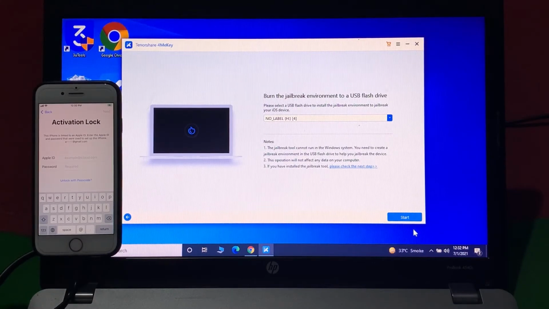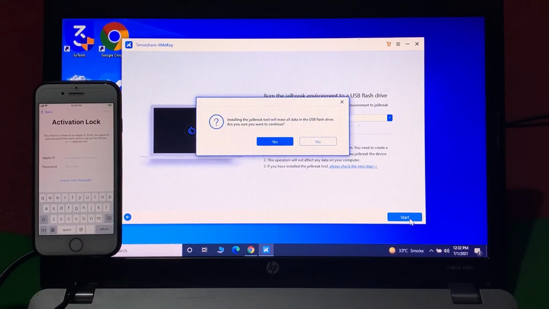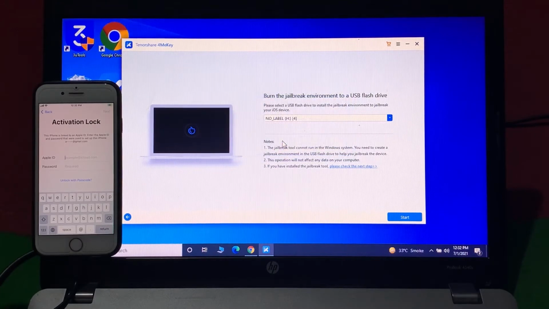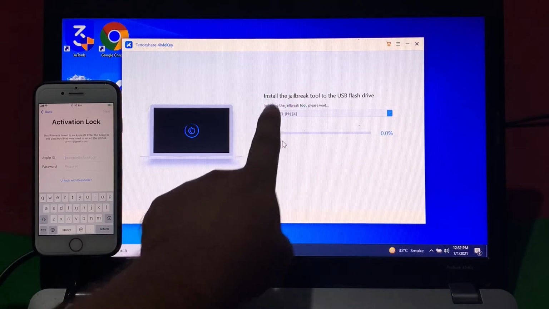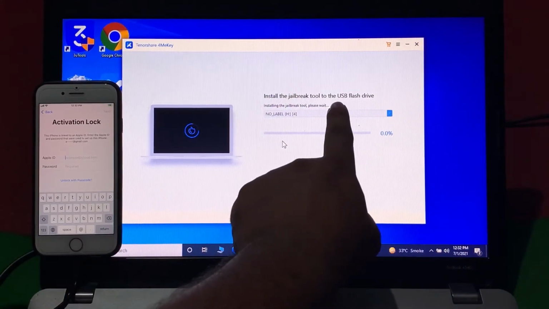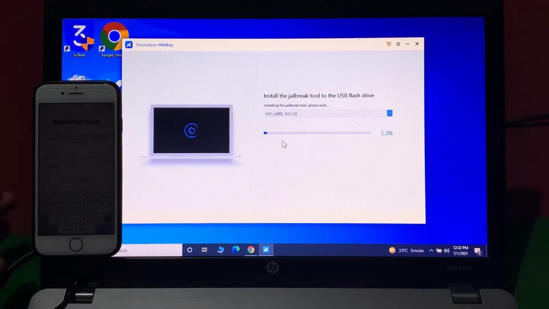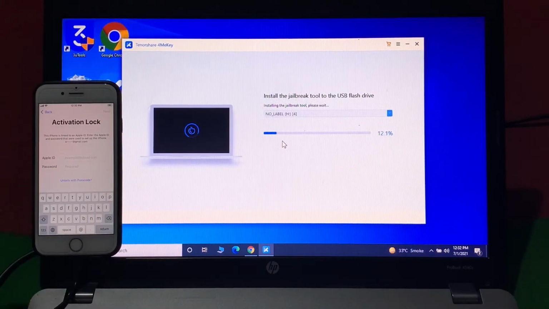Tap on start. Tap on yes. Install the jailbreak tool to the USB flash drive. It will take some seconds to wait.